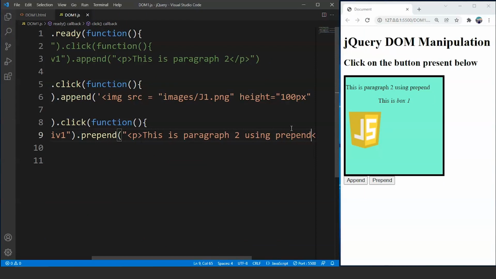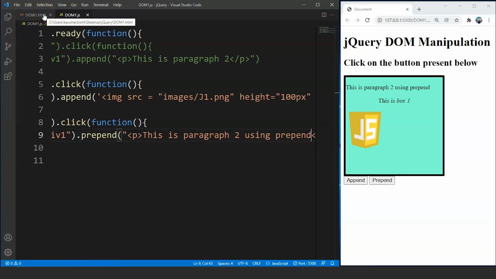Fine. So here we can use both the append and the prepend methods simultaneously to add anything to a HTML element. Now the next two methods are the after and before methods. Both these methods do the same task, but the only difference is these methods do such tasks outside of the element. For example, the after method will add a paragraph, but the location of the paragraph will be outside of the box. Fine. So the syntax is also simple.